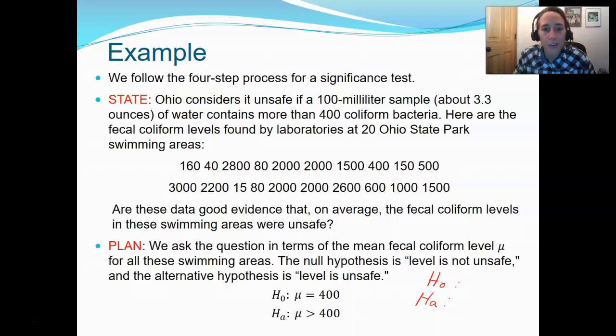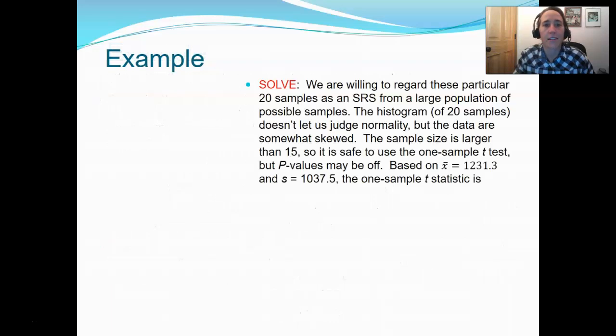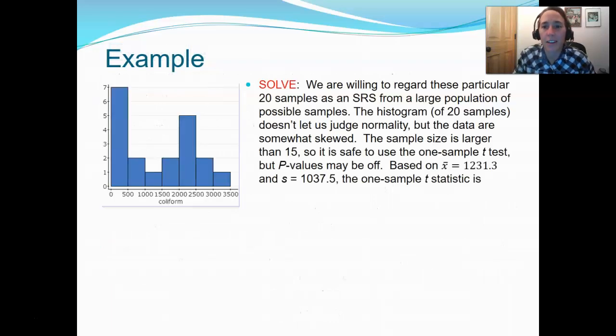If it's greater than 400, then the level is unsafe. All right, so we're willing to regard these particular 20 samples as a simple random sample from a large population of possible samples. Hey, that's not symmetric about the mean, is it? The histogram of 20 samples doesn't let us judge normality, but the data are somewhat skewed. The sample size is larger than 15, so it's safe to use the one sample t test,